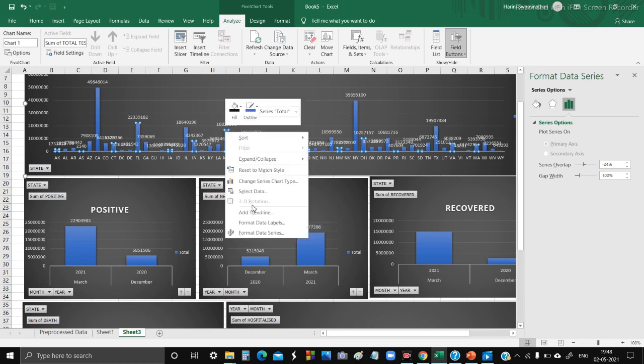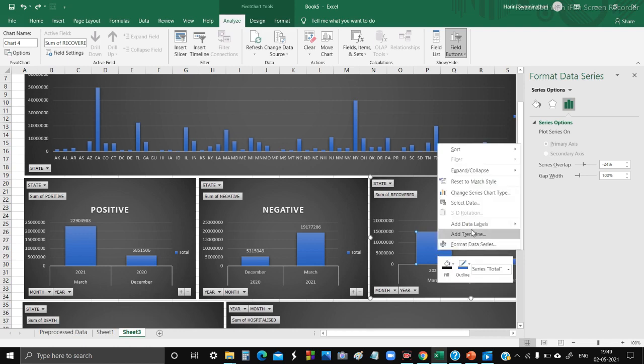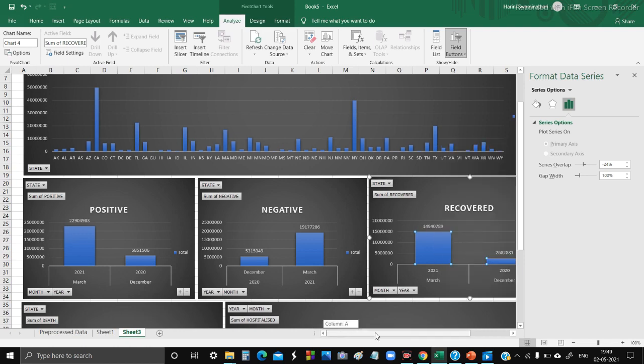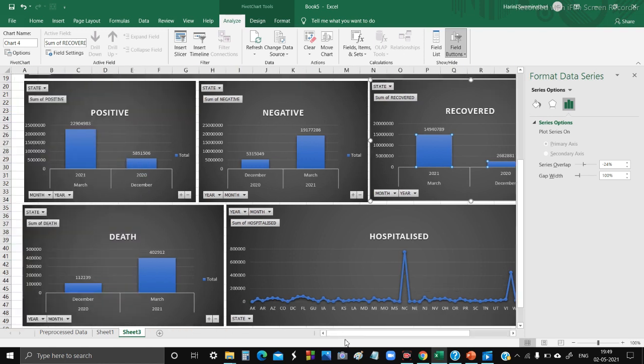It's clustered here, so let's move this. Yeah, we are done with adding the data labels for each result.